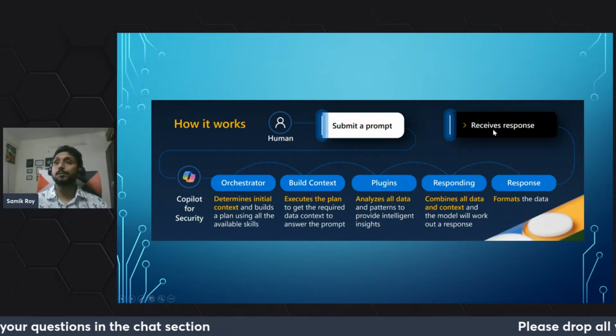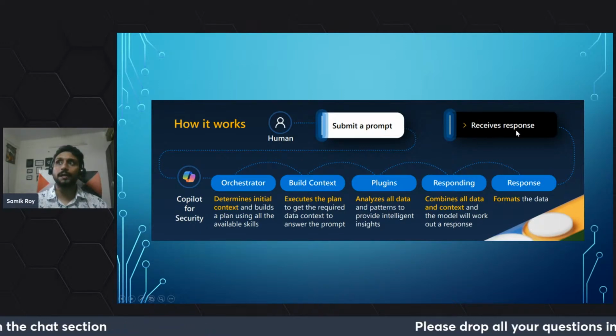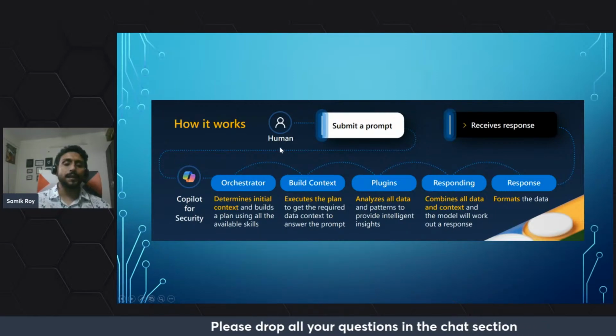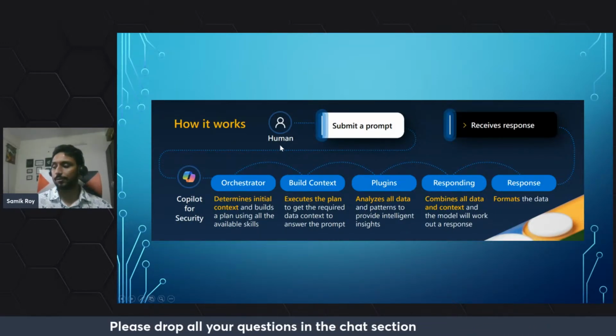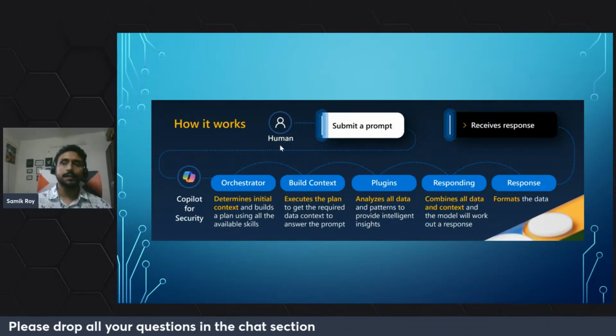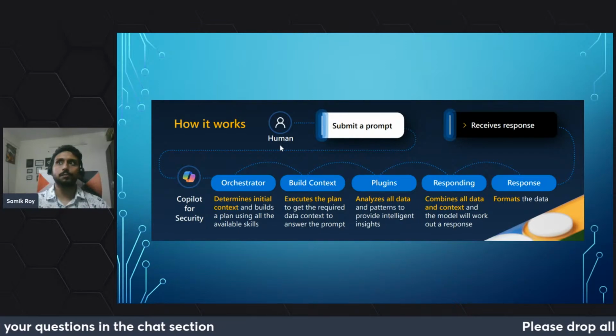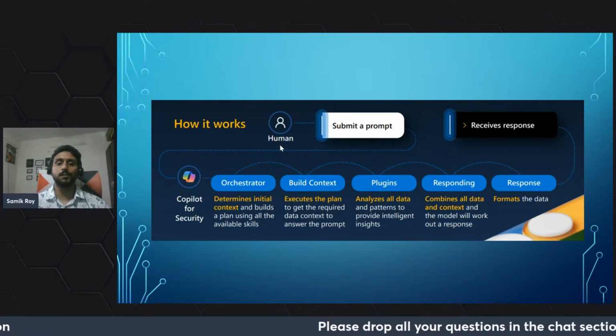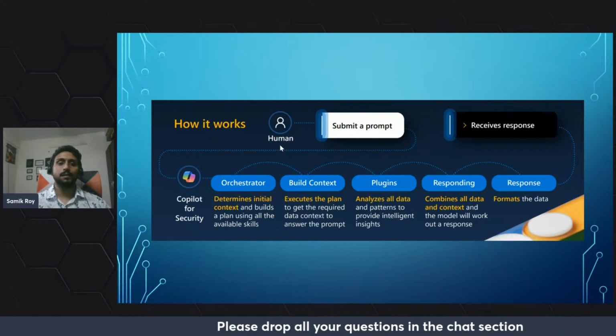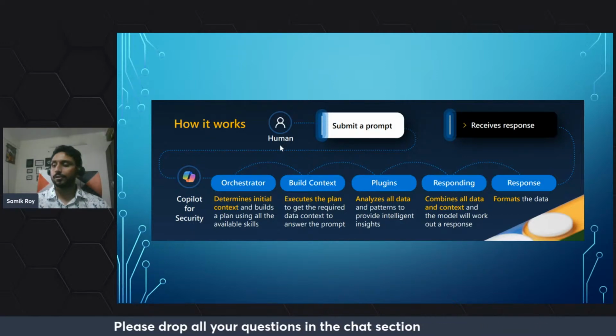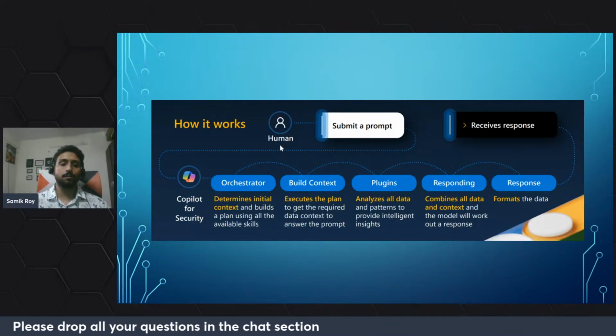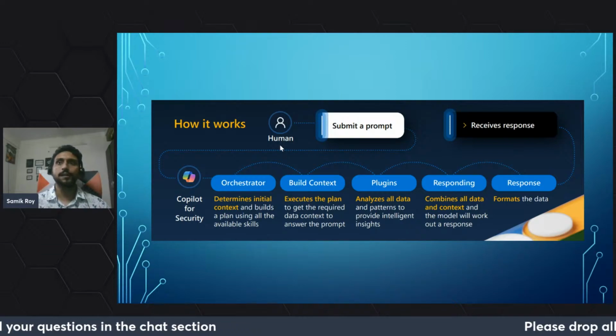But what happens is the moment we write a prompt, it breaks that prompt and orchestrates where exactly it should go and fetch the data. And then once it gets the data, for example, in the prompt book I showed, it goes to Intune, gets some data, it goes to Entra ID, gets some data, and the way it converts from your prompt to the actual query, that's what